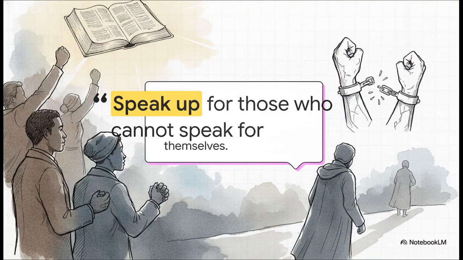To really wrap our heads around the massive outrage these laws sparked, we've got to look at the moral mindset of the time. Think about Proverbs 31:8. Speak up for those who cannot speak for themselves. For a lot of citizens back then, this wasn't just some nice quote on a wall. It was a deeply held command. So when the government told them they had to turn a blind eye, or worse, actively help capture human beings, it directly violated their core biblical morality. That intense spiritual friction is exactly what fueled the massive outrage against these acts.